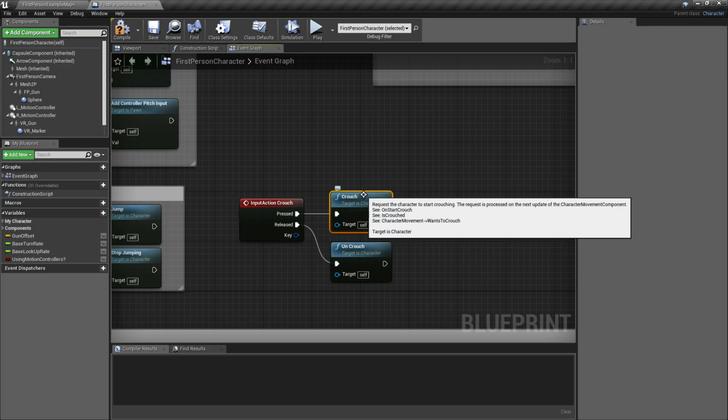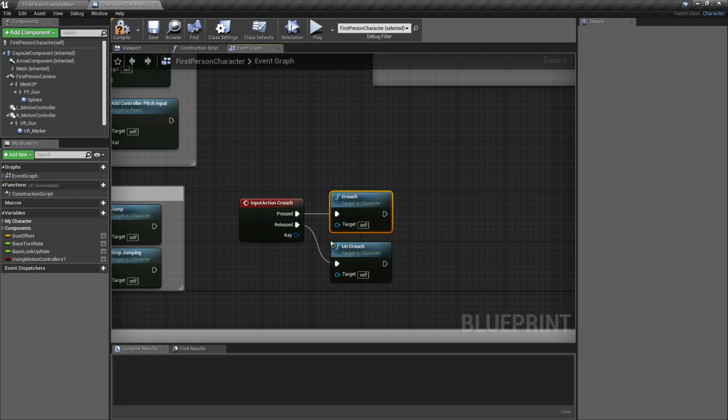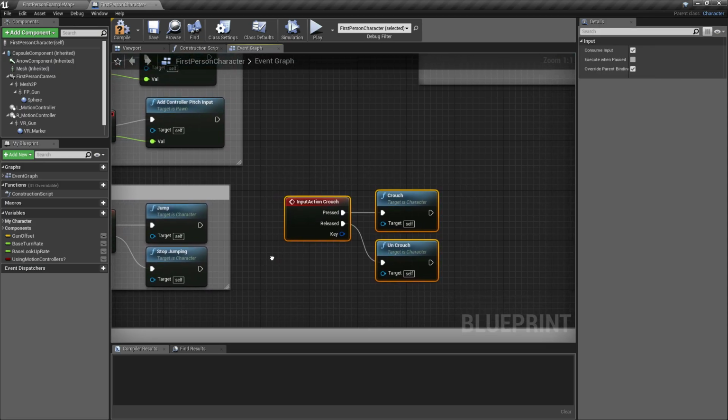Our first person character will crouch in the gameplay. Then once the crouch key is released, the uncrouch function will be executed. So that's the logic of the nodes that we used in the event graph.